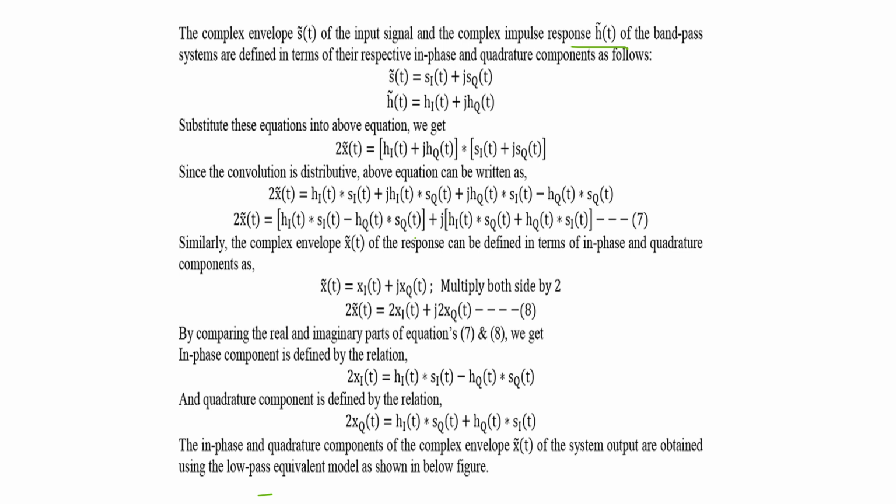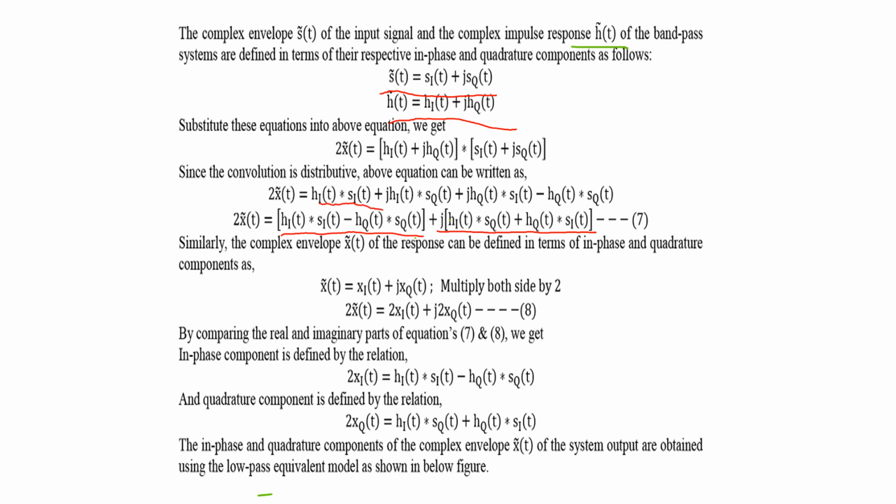We take s of t in terms of the in phase and the quadrature component. That is, s tilde of t is equal to si of t plus j sq of t, and h tilde of t as hi of t plus j hq of t. So 2 into x tilde of t is equal to hi of t plus j hq of t convolved with si of t plus j sq of t. When you multiply it, finally you extract by separating the real and imaginary terms. That is, 2 into x tilde of t is equal to hi of t convolved with si of t minus hq of t convolved with sq of t,